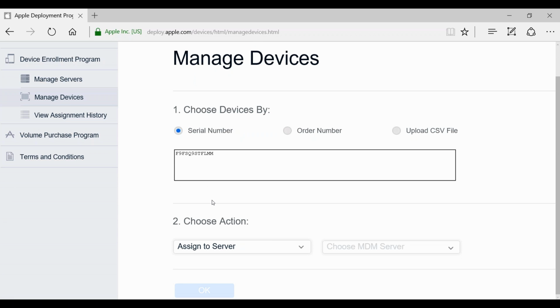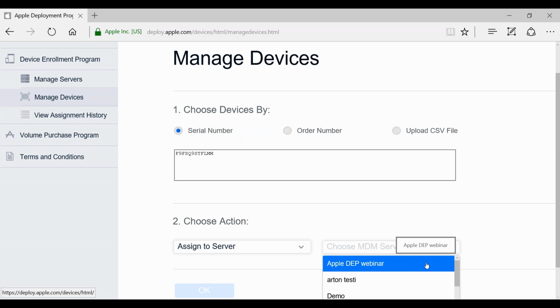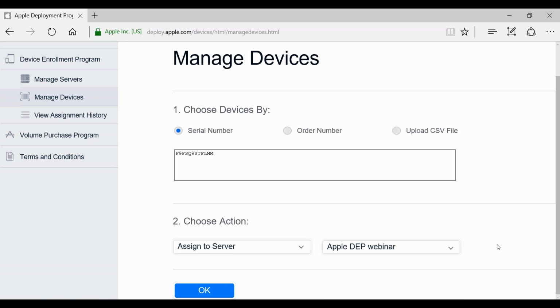So this is the serial number of my demo device. Then I choose the action assign to server, and from this MDM server list I will select the server we just added as part of the process. So let's click OK,